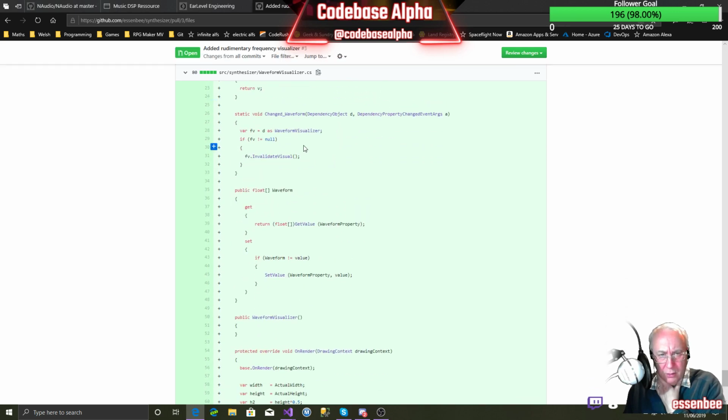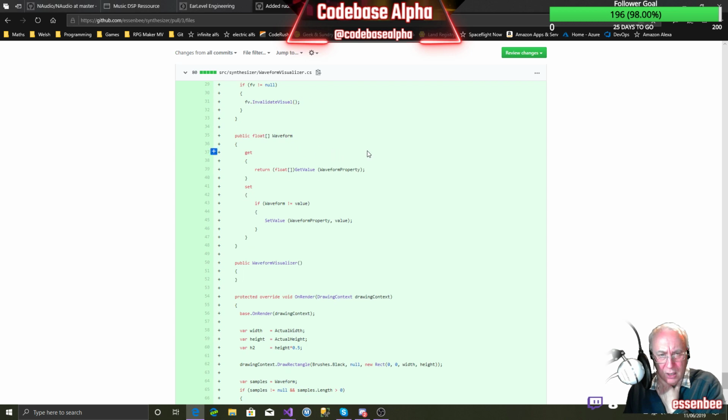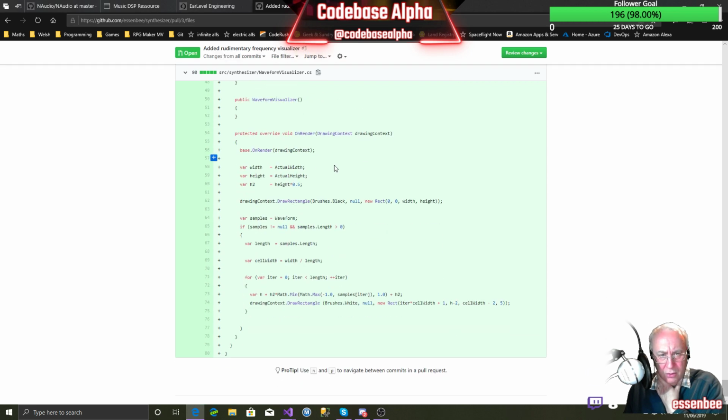Okay, then we do the change, and this is where we're drawing on the black rectangle again. So it looks quite straightforward, doesn't it? All we're doing is